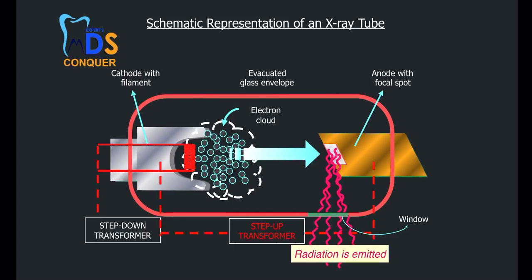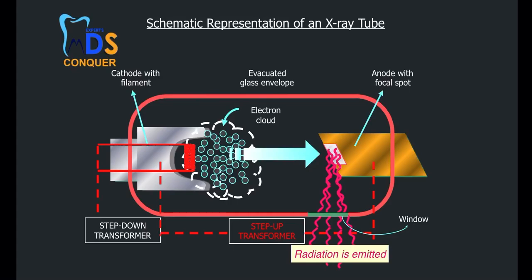And this filtration consists of two different concepts. The first one is inherent filtration. Inherent filtration is within the X-ray tube. It is because of the insulating oil or the glass evacuated tube, mainly by the insulating oil within the envelope. So inherently it filters the low energy photons. Number two is added filtration. We add aluminium like filters in order to get more effect of filtration. So inherent filtration plus added filtration is equal to total filtration.